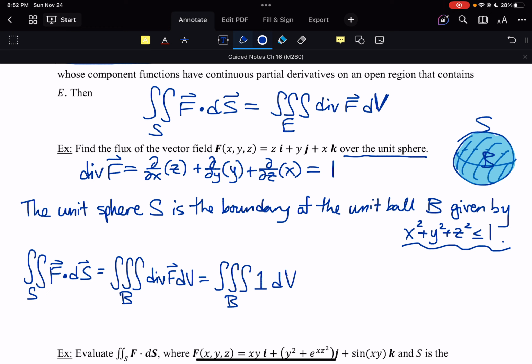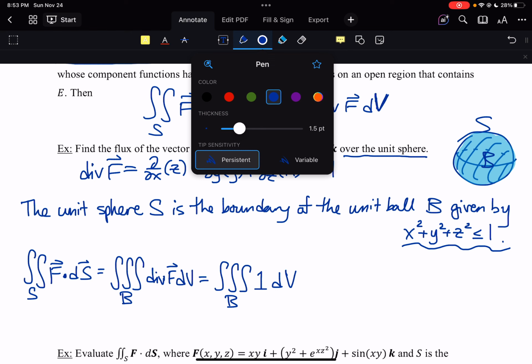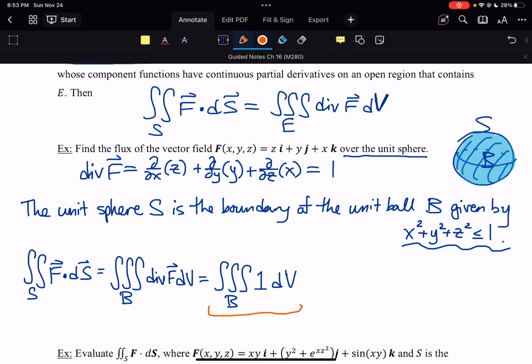Now, we could set this up and parameterize, work with spherical coordinates, all that kind of stuff. But when we have the triple integral of a 1, I know it's been a little while since we've talked about something like this, but this gives us a special value. When you take the triple integral of 1, it actually gives us volume. So really, this triple integral is just asking us to find the volume of the ball, the volume of B,